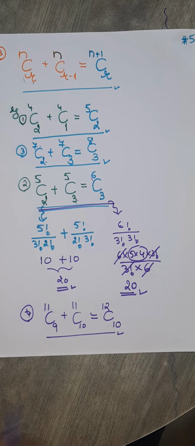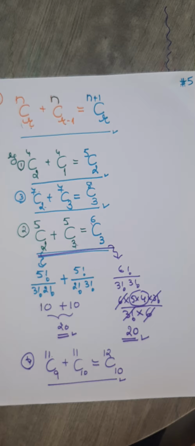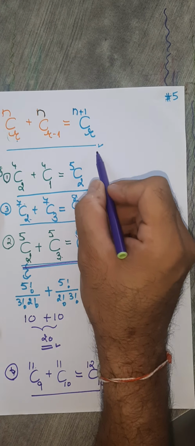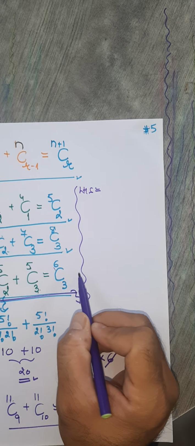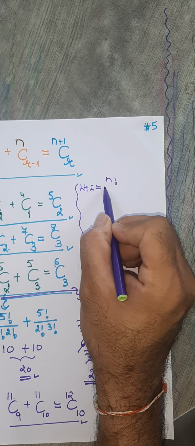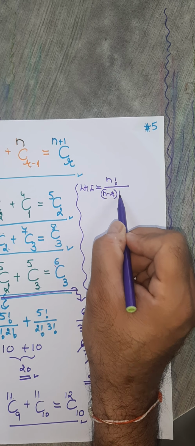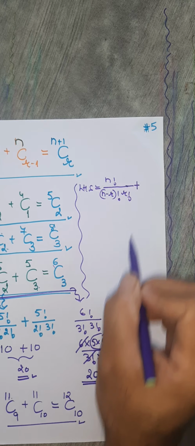Okay, let me give the proof of this. That's nice because that gives the practice of nCr formula also. So I'll try to prove this. I'll start with LHS here and I'll get the RHS. I'll start with left hand side here. Let me give the proof here. Proof is not important, but it's a good practice. So what's this LHS? n factorial upon this minus this, which is n minus r factorial into r factorial, plus